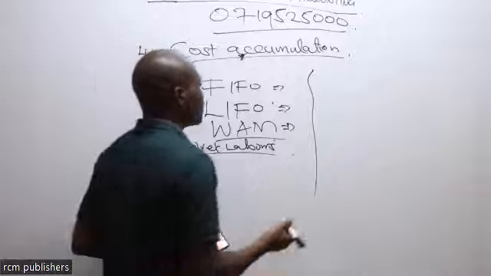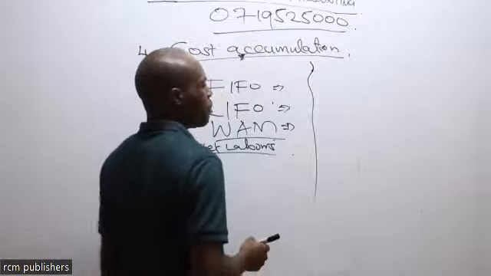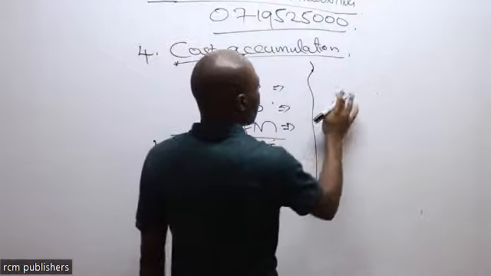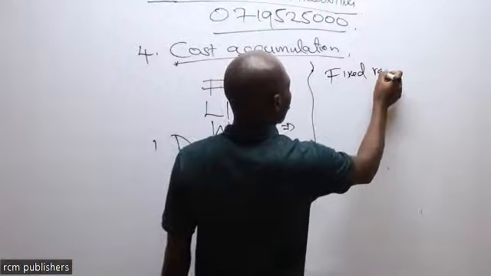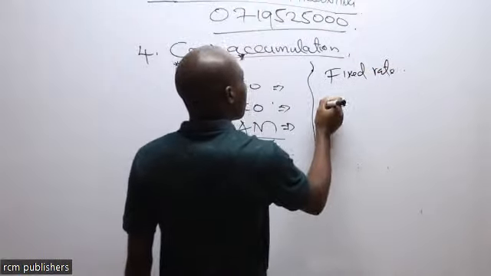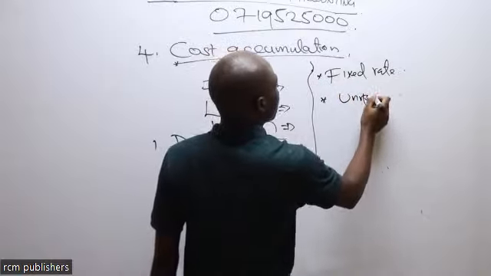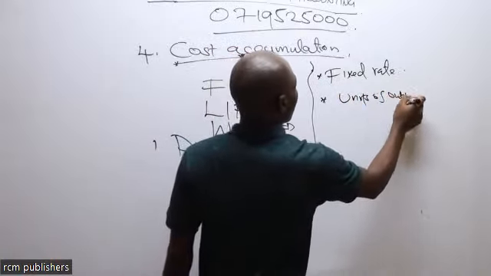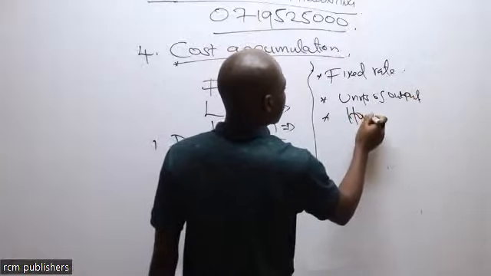So these companies have different methods of paying their staff. You'll find that some people are paid at a fixed rate. There are those who are paid based on units of output. There are those who are paid on hours